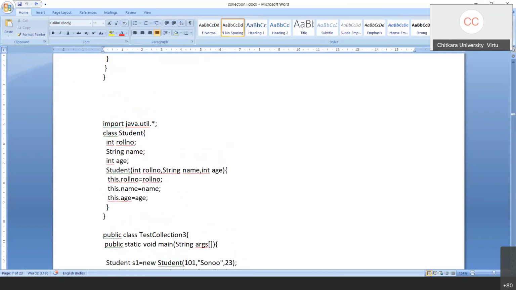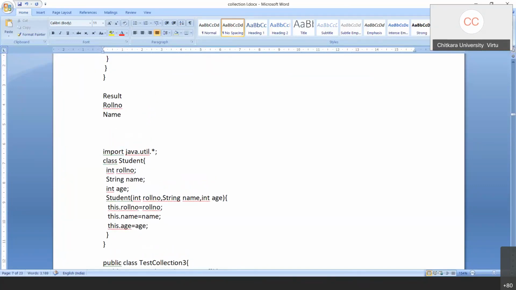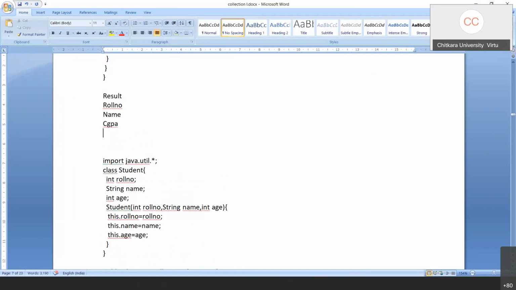Now what you're supposed to do is declare a class called result. What is it going to have? It is going to have roll number, name and CGPA. Add 5 records. For that, use a constructor.